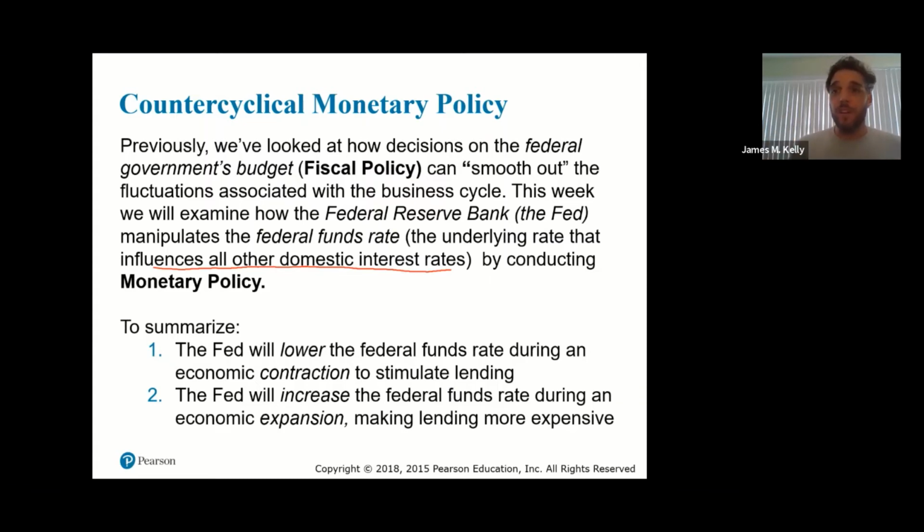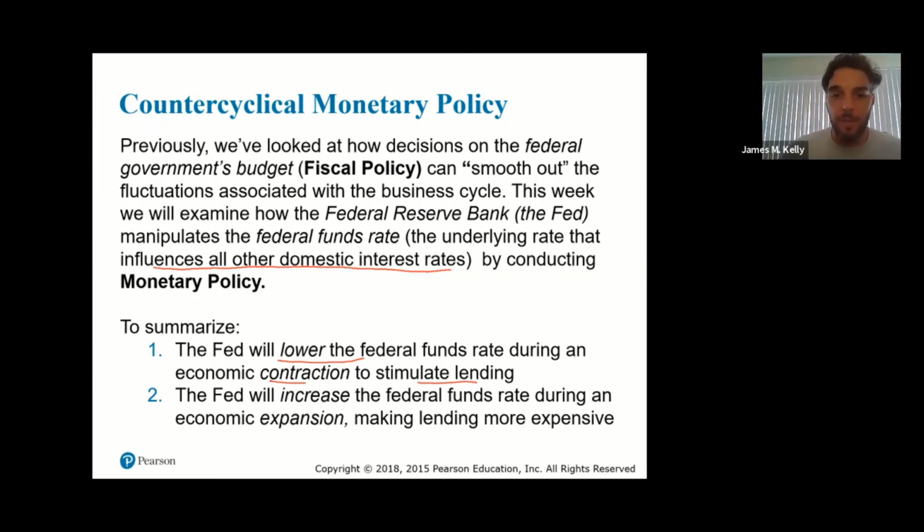Additionally, the federal funds rate is going to dictate the price that firms pay to take out a loan to invest in new projects. So the investment into capital is going to be dependent upon interest rates. That's going to be dictated by monetary policy. So typically what we see, again, is that the Fed is going to lower the federal funds rate, make interest rates relatively lower during contraction periods, with the idea that they're going to try to stimulate lending, okay? Lower the cost of borrowing to be able to invest in something.